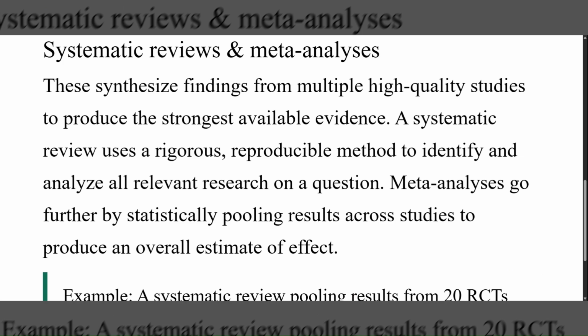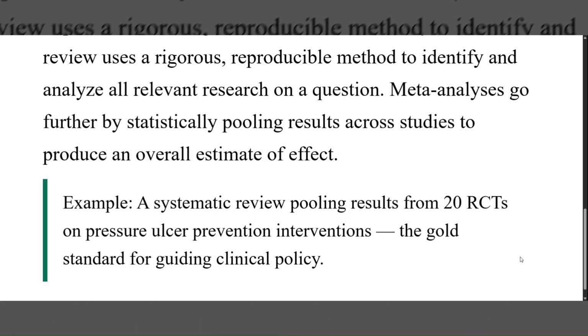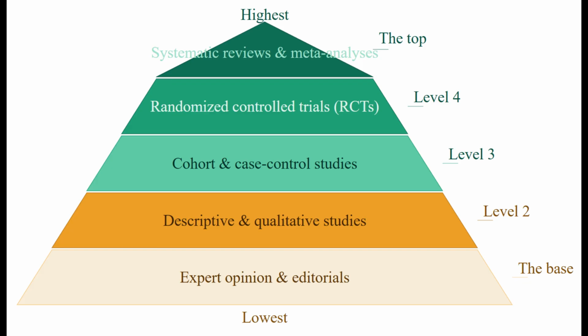When you find a high-quality, systematic review that directly addresses your clinical question, that is your strongest foundation for practice. A sample would be a systematic review pooling results from 20 RCTs on pressure ulcer prevention interventions, the gold standard for guiding clinical policy. Now that we know about the hierarchy of the article types, let's look more closely at